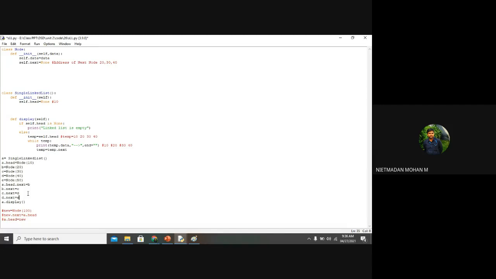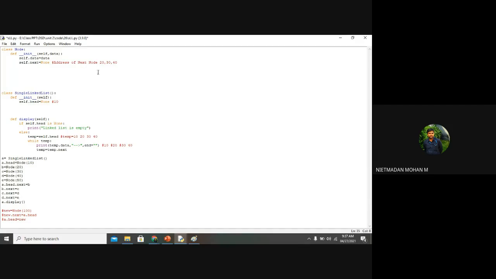By creating another node, up to n number of nodes we can create. And in between the program also, you can call the variable called D and create the next node. If you are a programmer and you want to add nodes inside the particular linked list in between your program, you can call that particular variable and create the next node. That's not a problem.